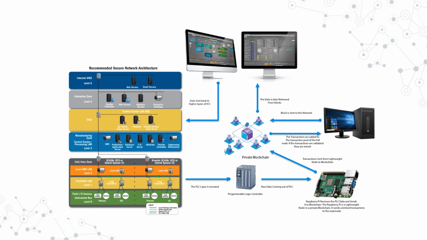As can be seen, the data first moves out of the lower layers to the PLC. This PLC is sending data to the Raspberry Pi. The Raspberry Pi is a lightweight blockchain node. The duty of the Raspberry Pi is to receive the data coming from the PLC and reroute this data as transactions to the blockchain. The data from the PLC can be written to a text file, which can then be fed to